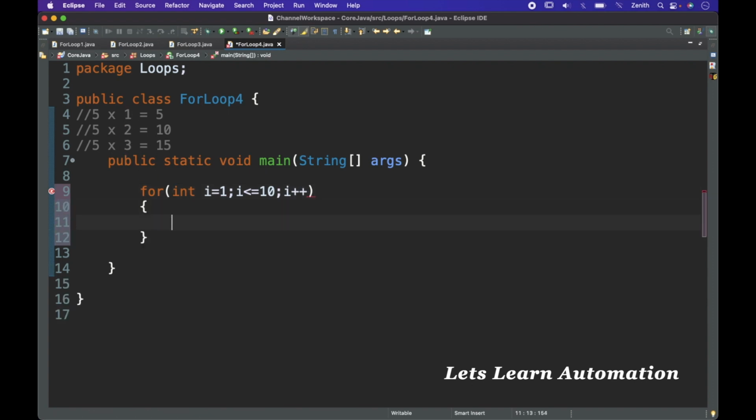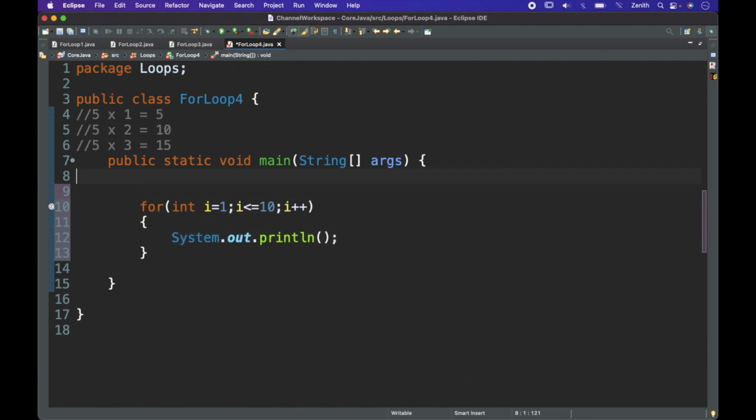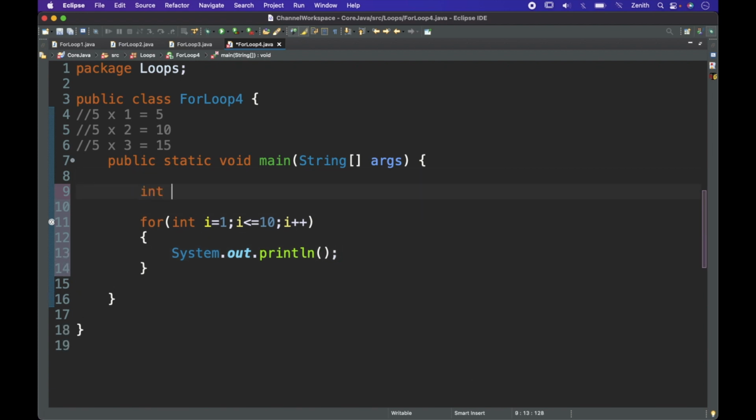Then here I'll write down the statement. So we need the output like this, 5 into 1. So let's take a variable, integer num equal to 5, so we can use this program for any number. So here I will print the number, then in a double quote I will print the